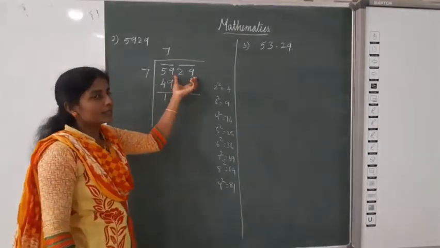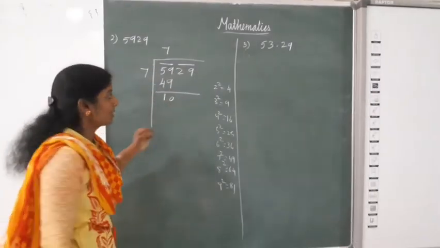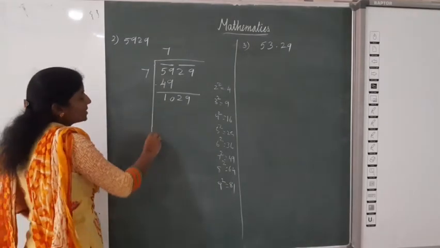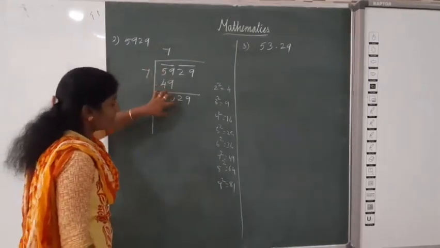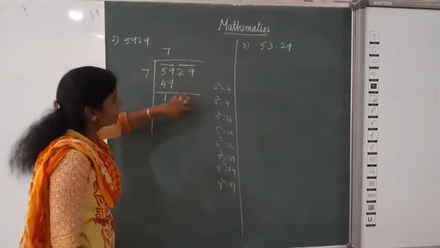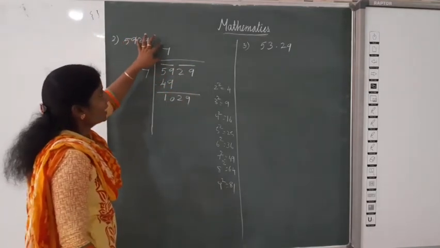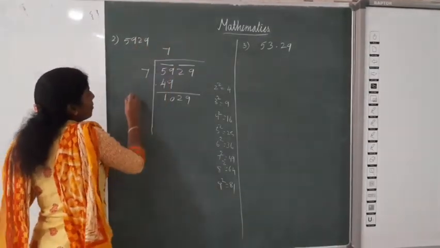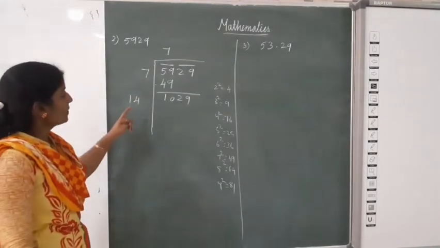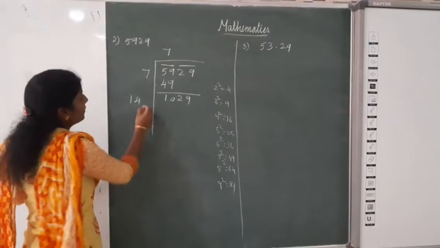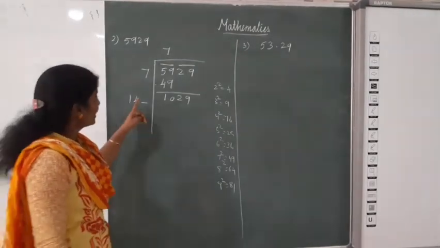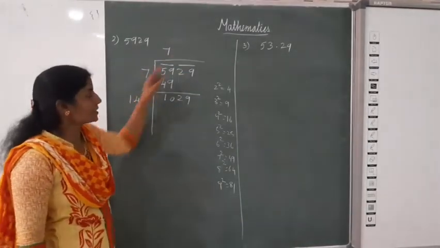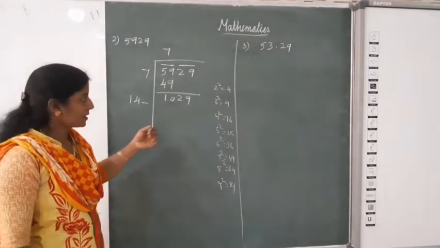Okay. Now next two digits. We can bring down the next two numbers together, isn't it? So here 2, 9. Okay. Now what is the next step? First we write like this, then subtract, then bring down the next two digits. Then we multiply the quotient by 2. So 7 twos are 14. Now here we need one more digit. That same digit we add here also, then we multiply those two numbers and we'll get this number. Okay.